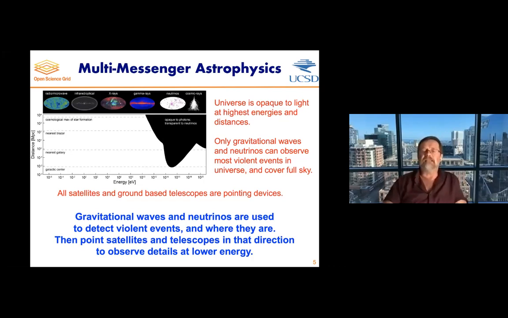Correct. Yes, exactly. So a messenger is the type of radiation, if you wish, that is sent by the violent phenomenon. And in principle, there are phenomena where you would expect to see all three of them: light, gravitational waves, and neutrinos. But the only thing that's ever been observed have been either gravitational waves plus light or a neutrino plus light. And I'll talk about that in this talk.